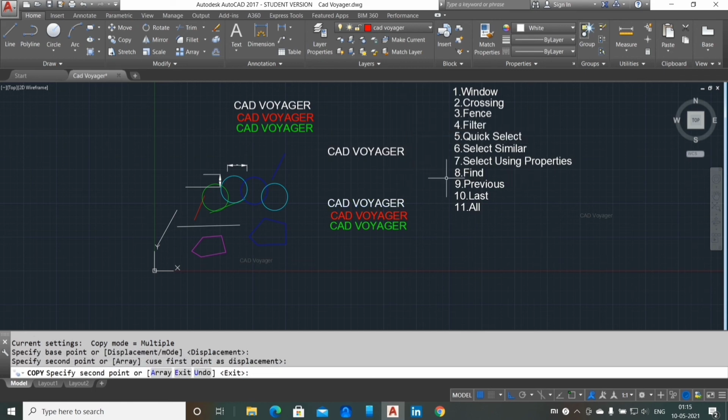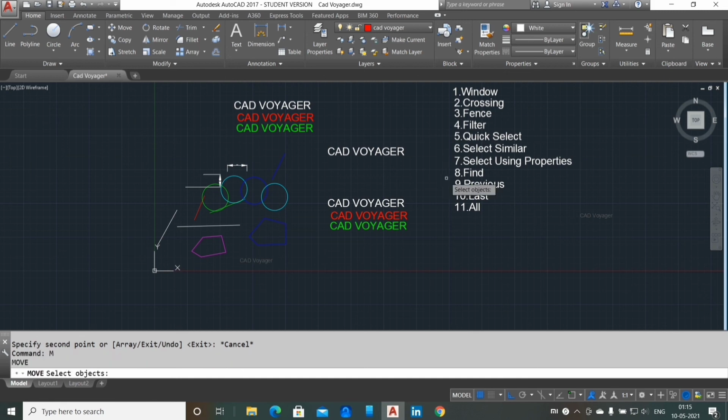See guys, the difference between previous and last is, in previous selection you can select the objects which were previously selected, but in last selection you can select the object even though you have selected the whole diagram. In this diagram, whichever object is last generated will be selected. That is the use of the last selection.